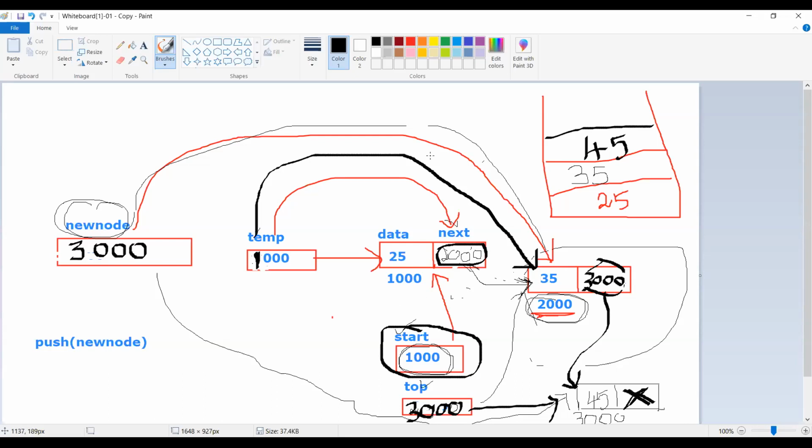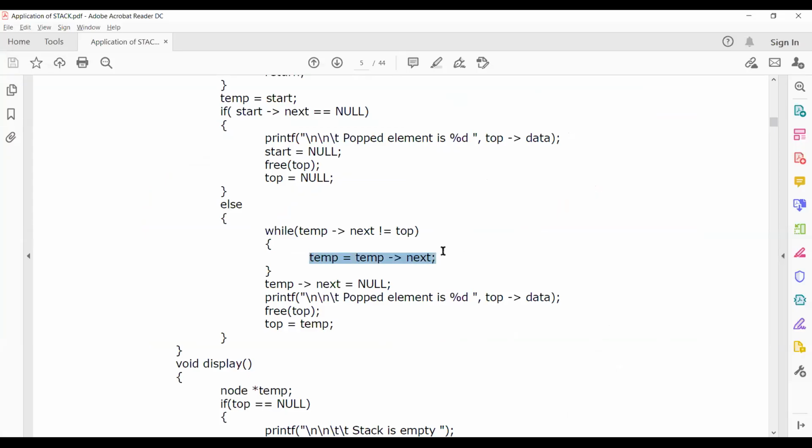Okay, so temp next is 2000 not equal to 3000. Yes, true. If it is true, what do I have to do? I have to iterate to the next position, right? I have to move to the next node 35.